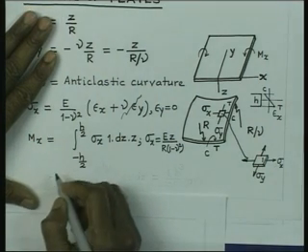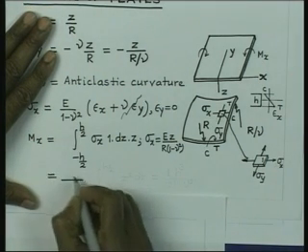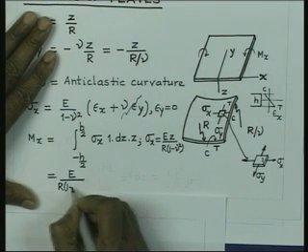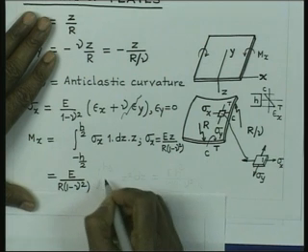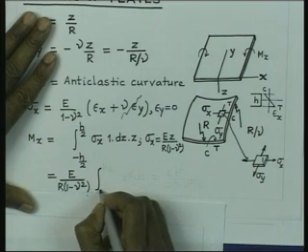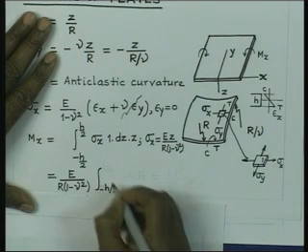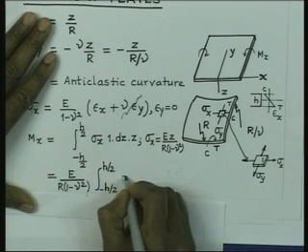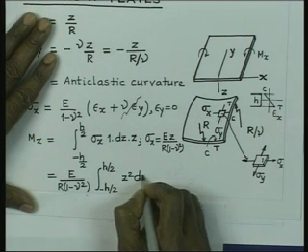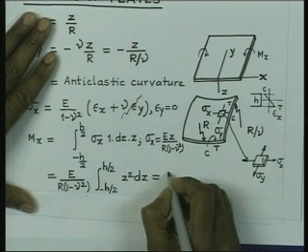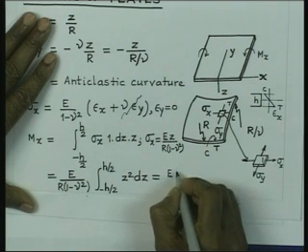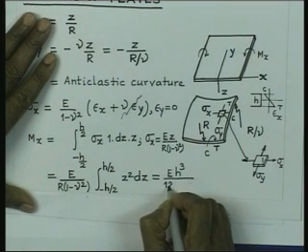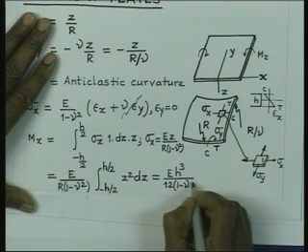Once we substitute the value, it takes the form of E by r into 1 minus nu square, integral of z square dz, which is simple integration, and therefore, we have E h cube by 12 into 1 minus nu square